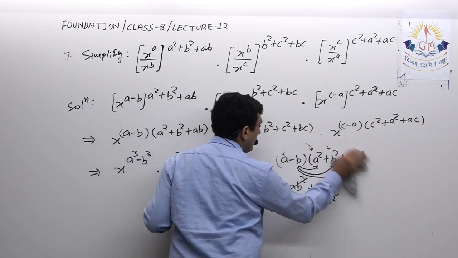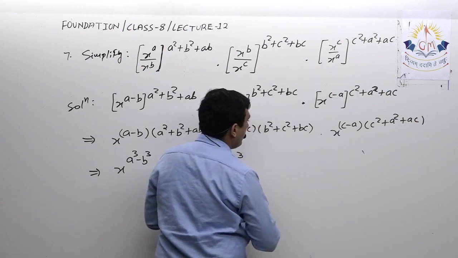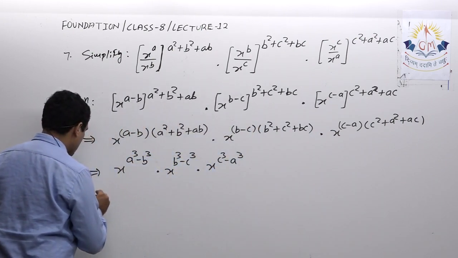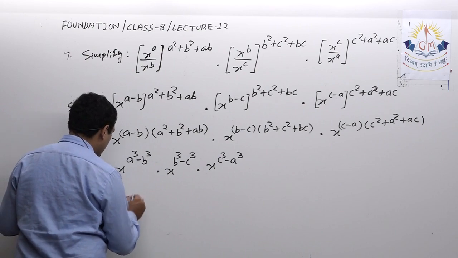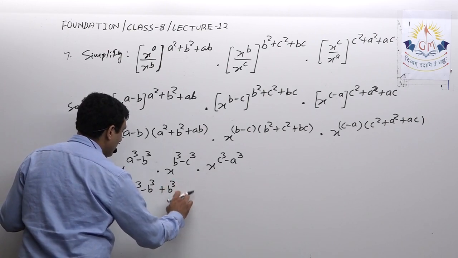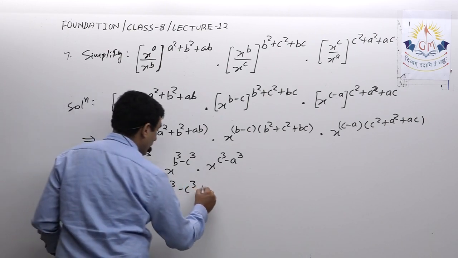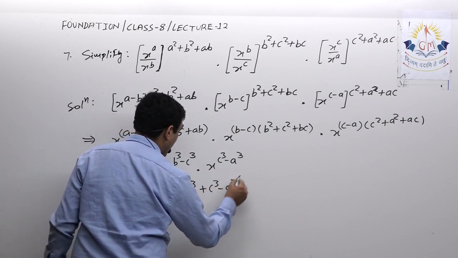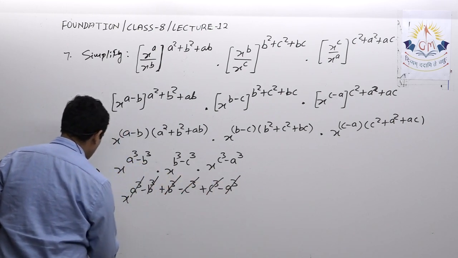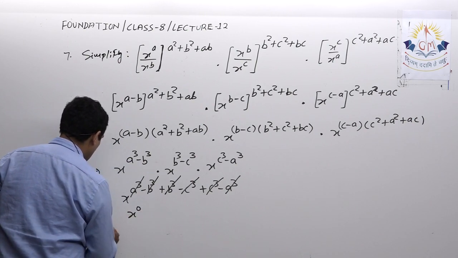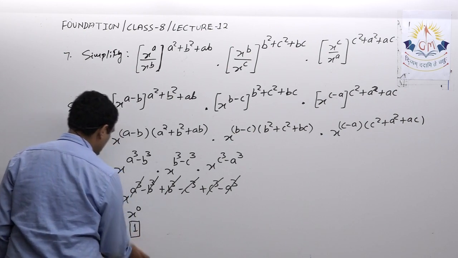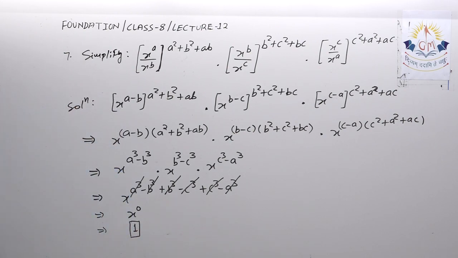Okay. So if you remember the identity, it will save your time. Otherwise you have to show these multiplication every time. Now after this, now I can apply the product law. So x raised to a cube minus b cube plus b cube minus c cube plus c cube minus a cube. So minus a cube with plus b cube, minus b cube plus b cube minus c cube plus c cube. So ultimately here I will get x raised to 0, that is equal to 1. So this is my final answer. So please note it down, then we'll see the next question.